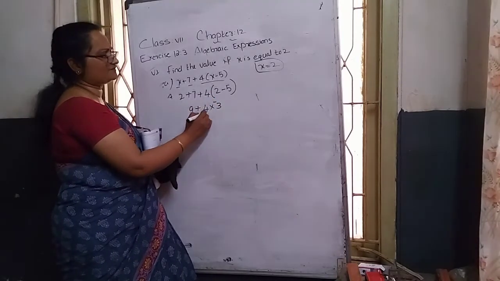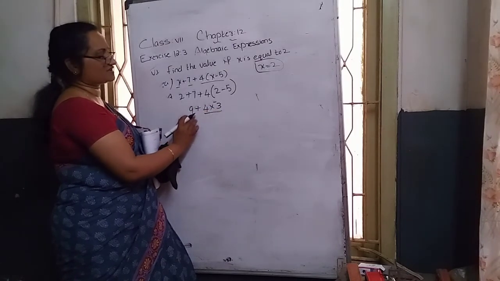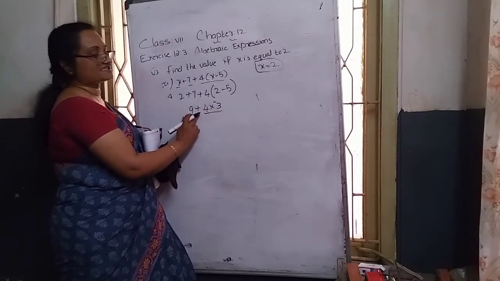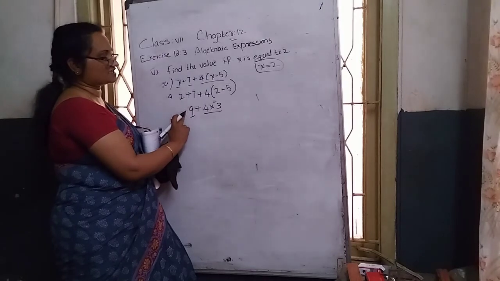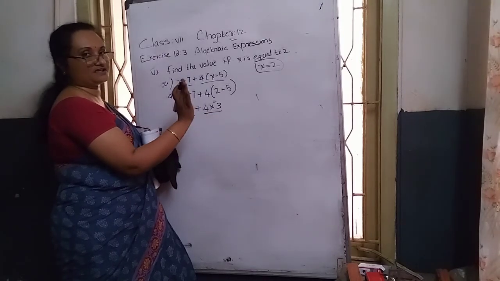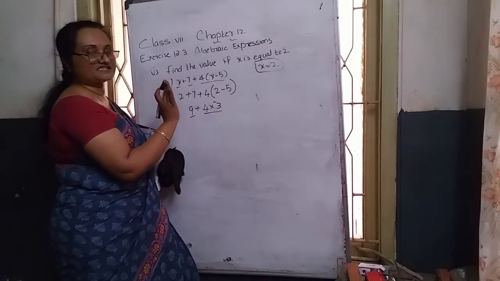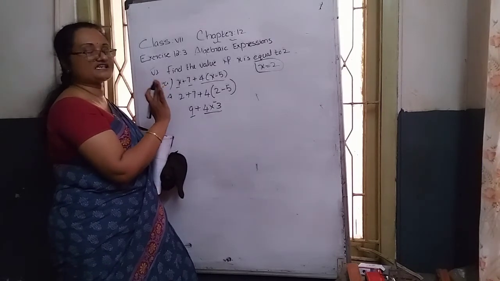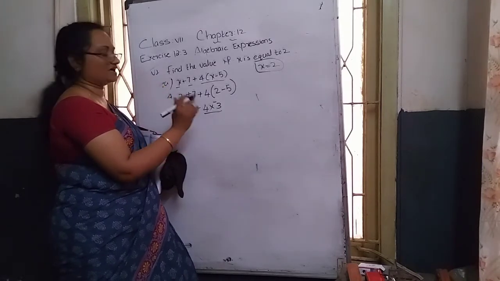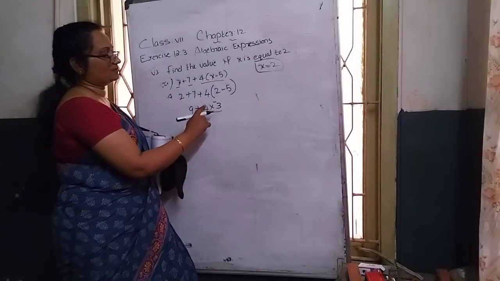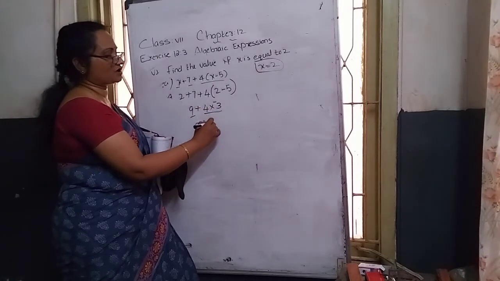Again, this is the first term, this much is this. Why? Because the first term is complete after it is separated with a plus, and that's why this is the first term, this is the second. Not multiplication, the terms are identified. How to identify? They are separated with a plus or a minus. So 9 plus 4 into minus 3 becomes how much?